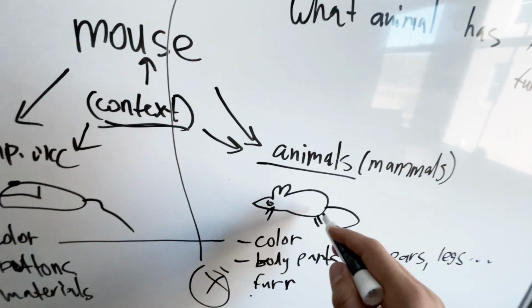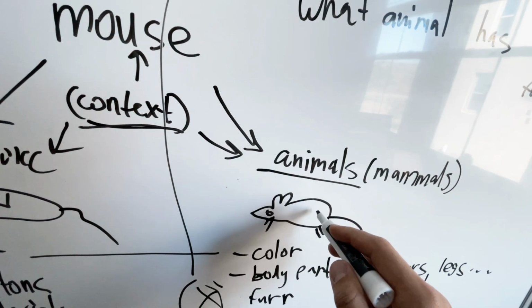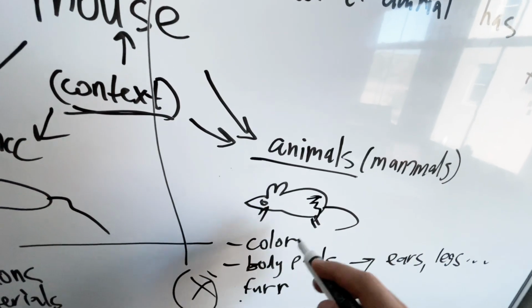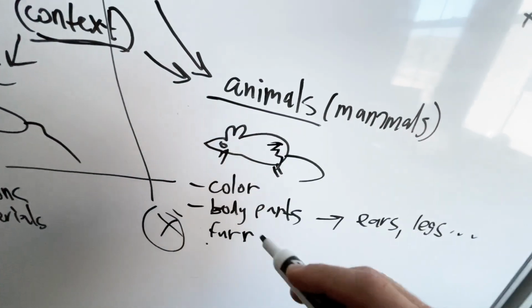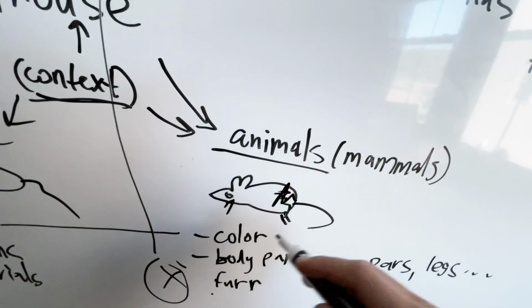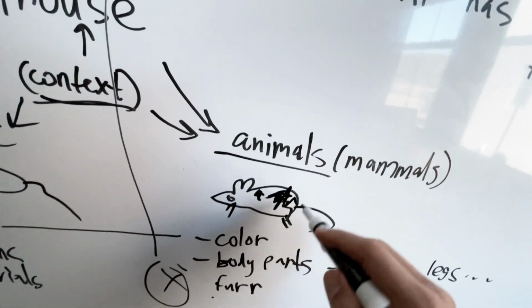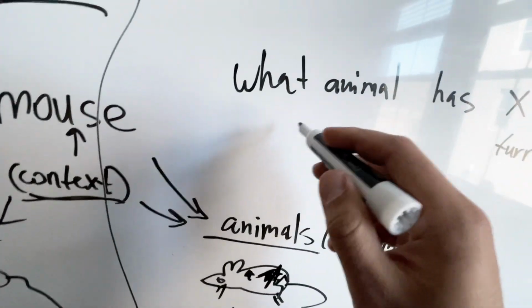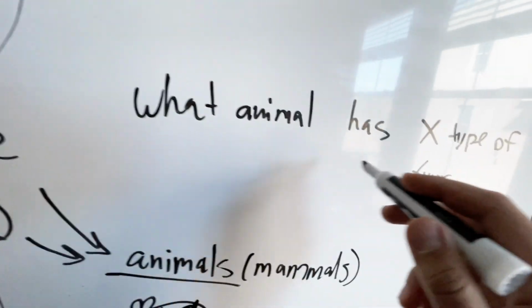And if a mouse has a distinctive type of fur, for example, this is a hypothetical scenario, if a mouse has some type of fur that other animals don't have, then Google would extract,